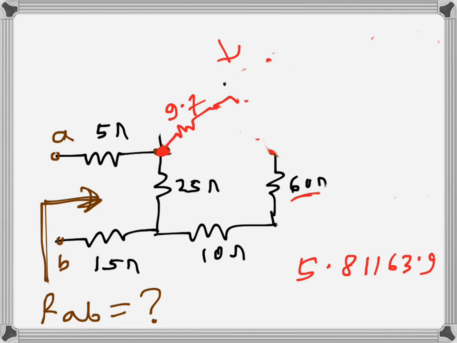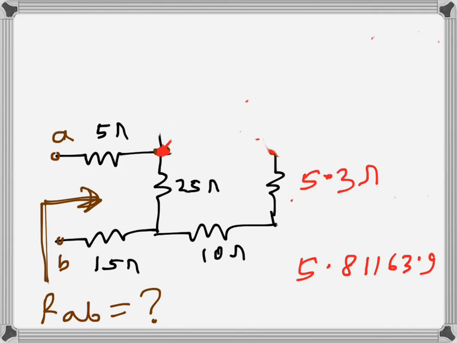This resistance will be gone as well. It will now be 5.3 ohms, and the 9.7 ohms, let's draw it like that. So we now have this 10 ohms, this 5.3 and 9.7 ohms, these three coming in series, and